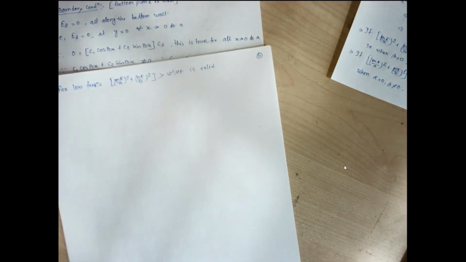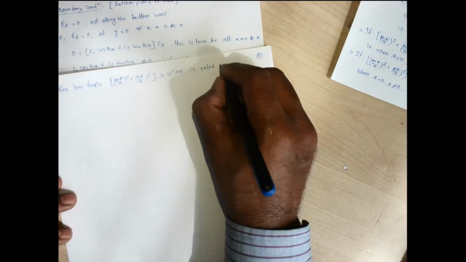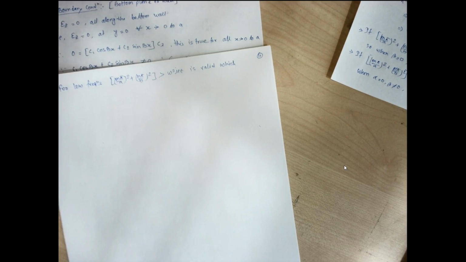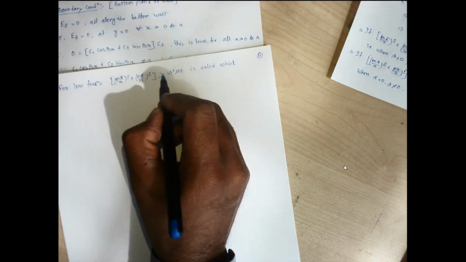When this condition is satisfied for low frequencies, then we can say that at low frequencies the waveguide does not allow propagation, which indicates that